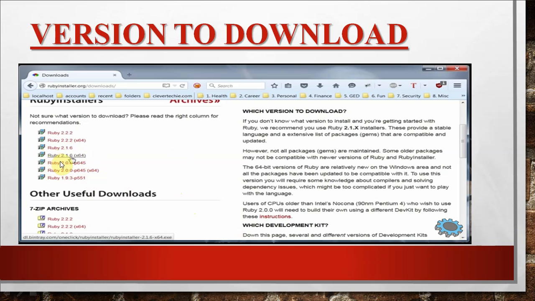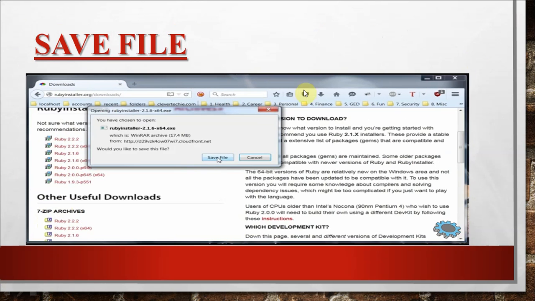Suppose we have selected Ruby 2.1.6 for a 64-bit machine. You can select any one of these according to your system configuration. According to my system configuration, this is the best one, so I will select this one, and then we will have this window opening Ruby installer.